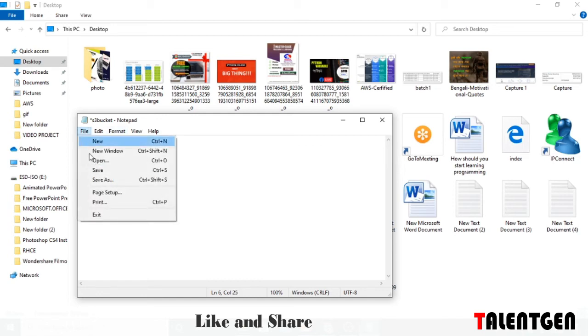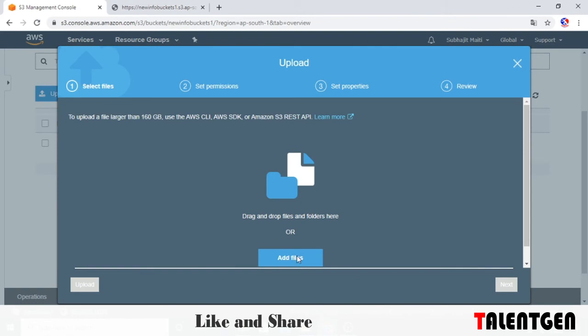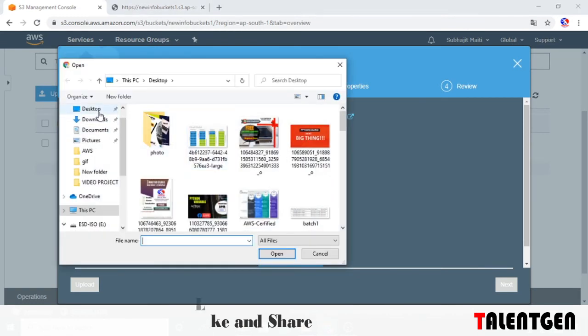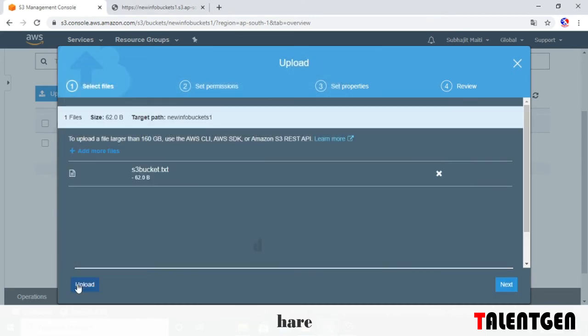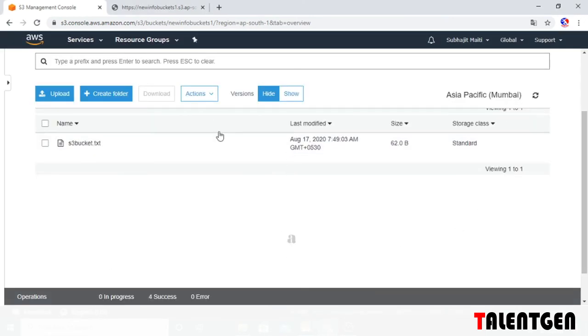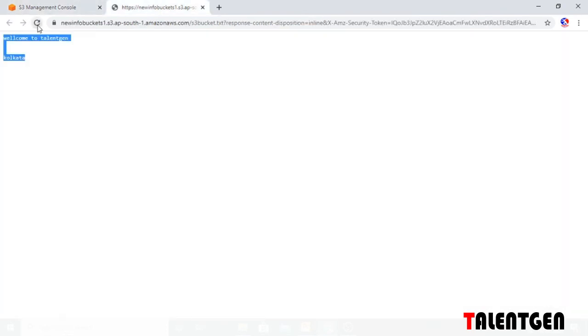Okay, and save it. Upload the same file. Desktop, S3 bucket, upload it, and refresh.